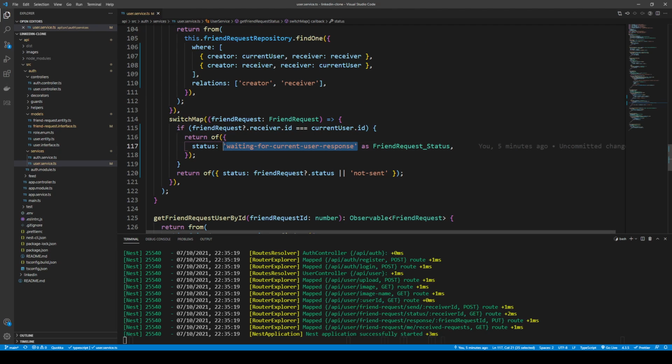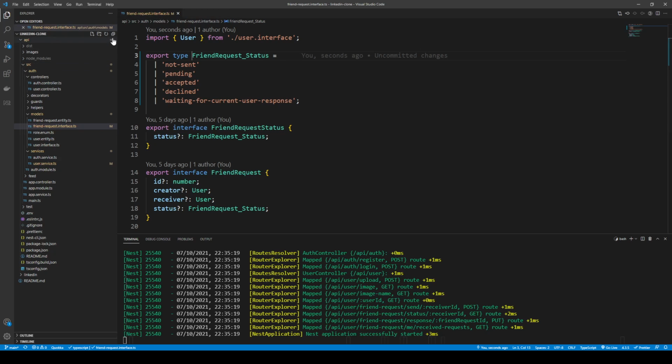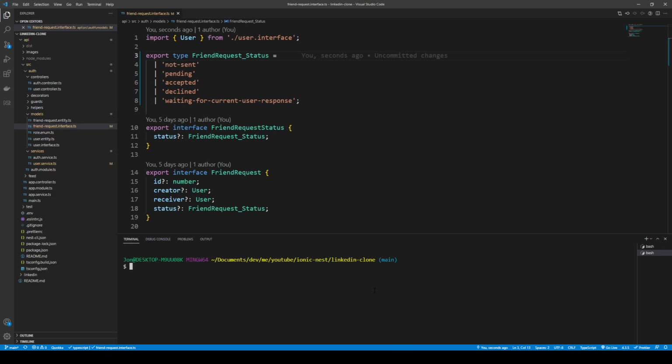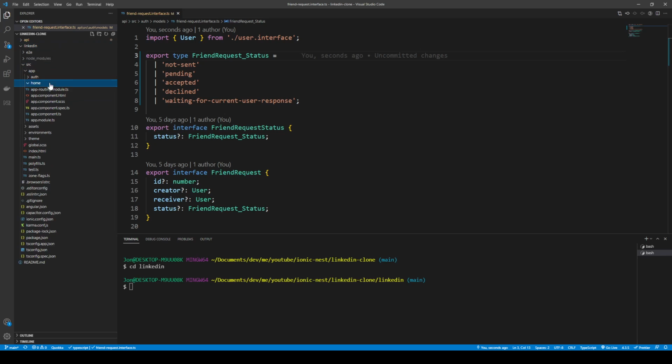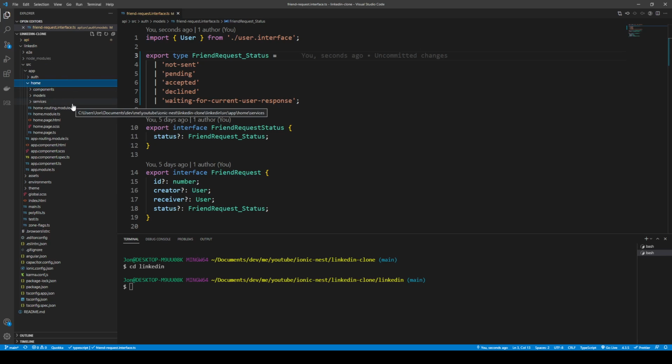So I'm just going to go ahead and copy this part here. Actually, I'm going to open this file here from the back end, and I'm going to copy that into my front end. So I can actually just run a Control Shift tilde, and that'll open a second terminal up. And I can just go ahead and CD into my LinkedIn project here. So what I want to do is I just want to generate a component and a couple of services here. So let's just open up the folder structure to see where we want to generate this. So in our home folder, that's where we have the